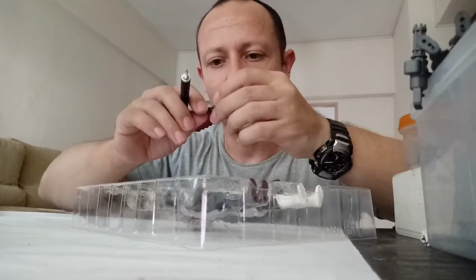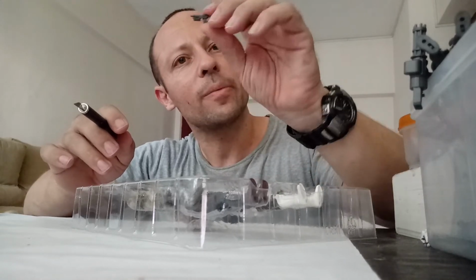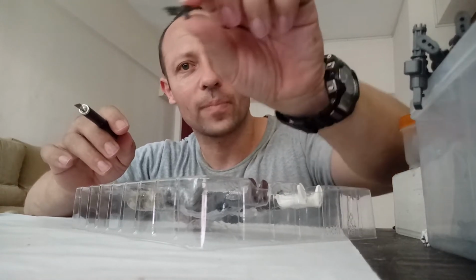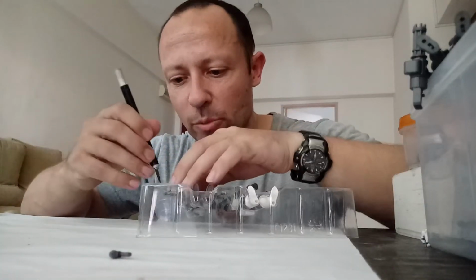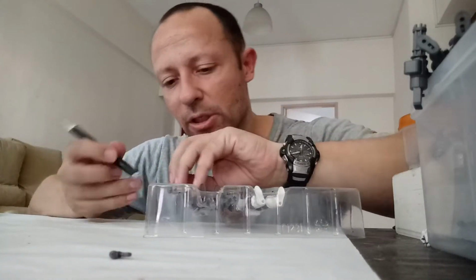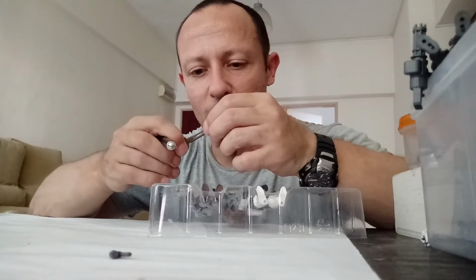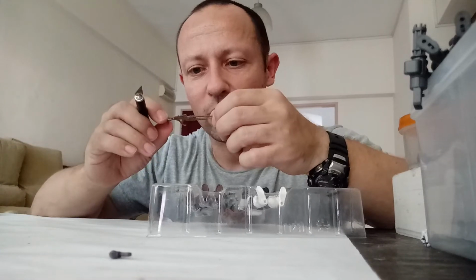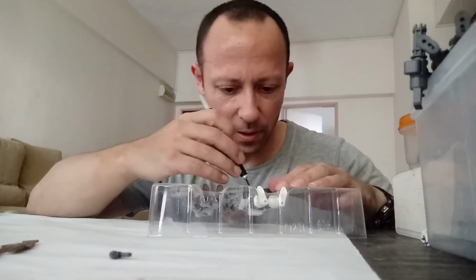Accessories first of all. So one gun, not bad. Looks a little bit like Gamora's gun from Guardians of the Galaxy, but not bad. We have some sort of rifle here, but this is slightly bent. Might have straightened out with some hot water, not too keen on that, but it's okay. We have here